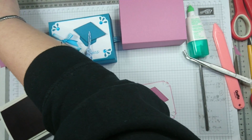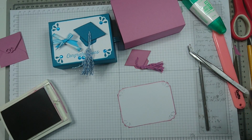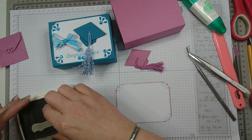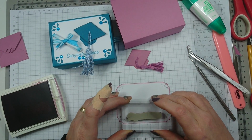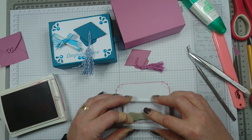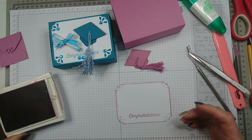yet. We need to stamp the sentiment, and the sentiment is congratulations from the set I introduced to you previously. So this is it. So I need to ink it up, and I'm going to place it here. Congratulations. And